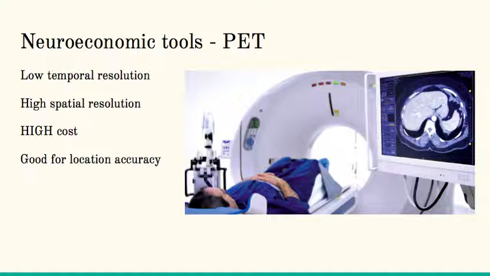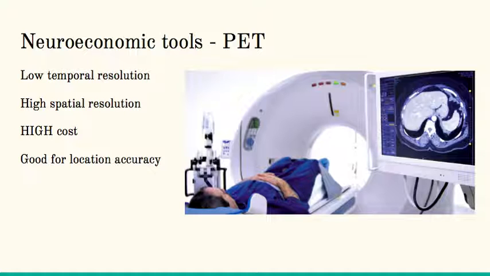It's attached to a molecule such as glucose, and as glucose is the fuel of neurons, when neurons are firing rapidly and engaged in heightened activity, they are absorbing this glucose, and it is shown on the scanner through regions